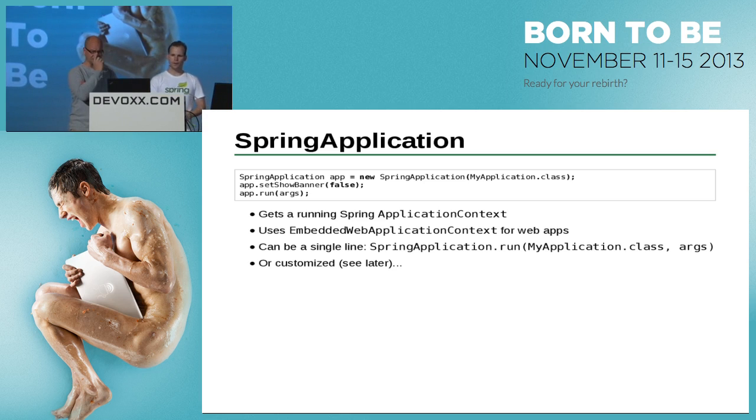Okay, so moving on with Spring Boot. We'll focus a little bit now on that Spring Application utility class that we saw briefly on the slides and in the Java example. So it's got some convenient methods on it. So you can do SpringApplication.run, which is what I was showing in the quick demo. But it also has a bunch of properties that you can set. So, for instance, you could create a new instance of it, which is what I'm doing in this example here, and then I can just say, okay, I don't want to show the banner at the top that says,